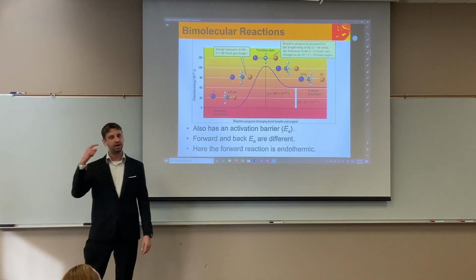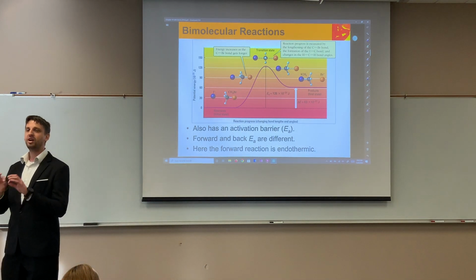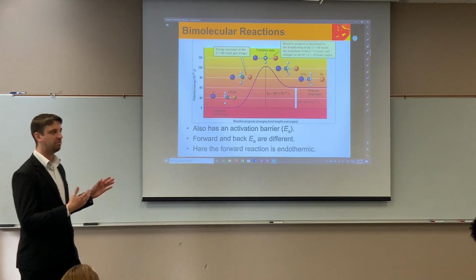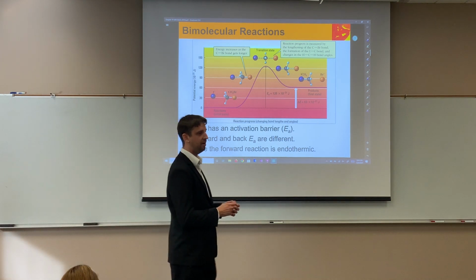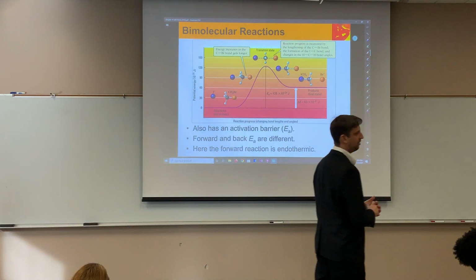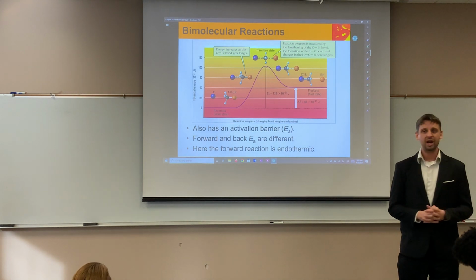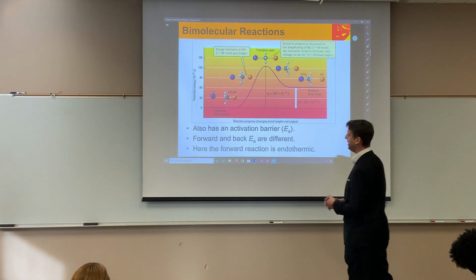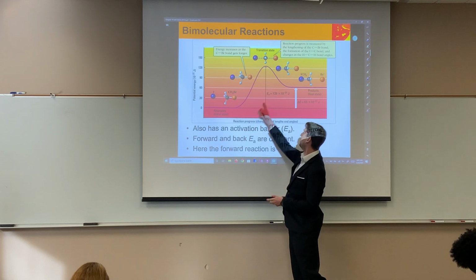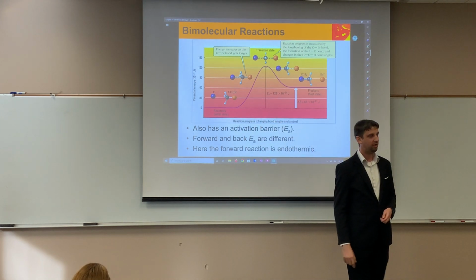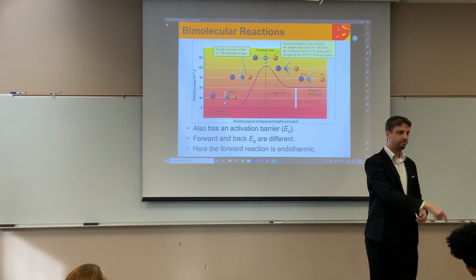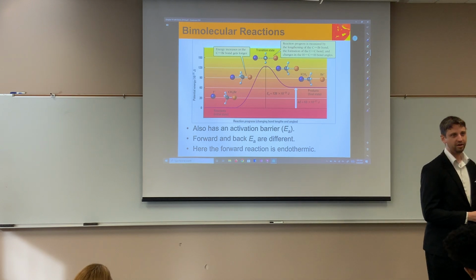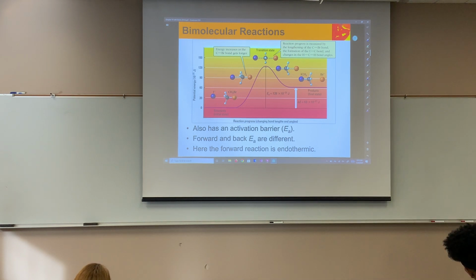So at the top of that hill is our transition state. At the top of any hill that you see in one of these diagrams is where a transition state is, okay? So this is just basically riding your bike, right? We start on the left-hand side, we ride our bike up the hill, we get to the top. When you're at the top of the hill, what do you want to do? Immediately go back down the hill. That's all it is, right? You're not really going to stay up there at the top, right?